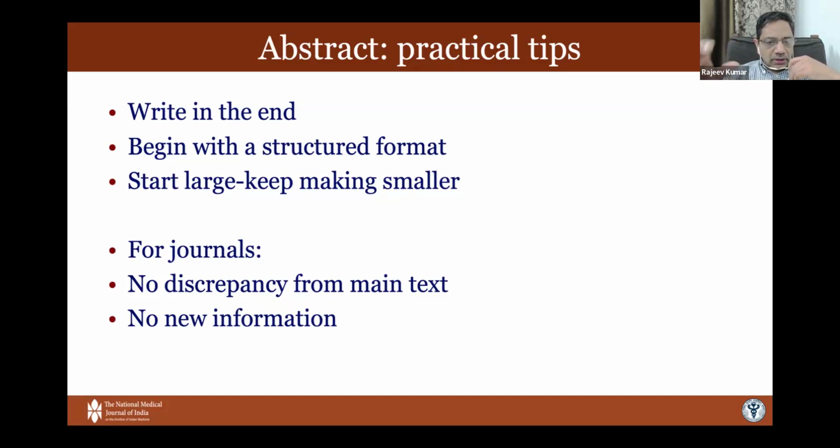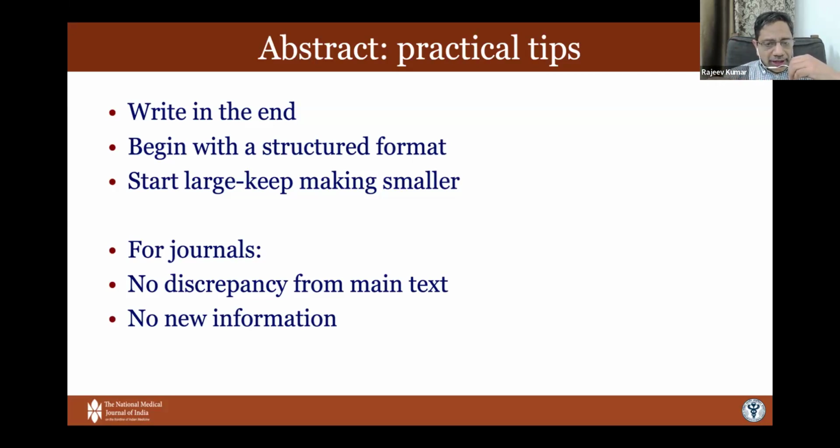Always start with your abstract being larger, but then remember the word limits, because many journals or many conferences will reject you simply because your abstract exceeds the word limits. So start large and then start cutting down. And it's interesting that despite all that we've published, every time we write an abstract, we successfully manage to bring it down if we need to bring it down.